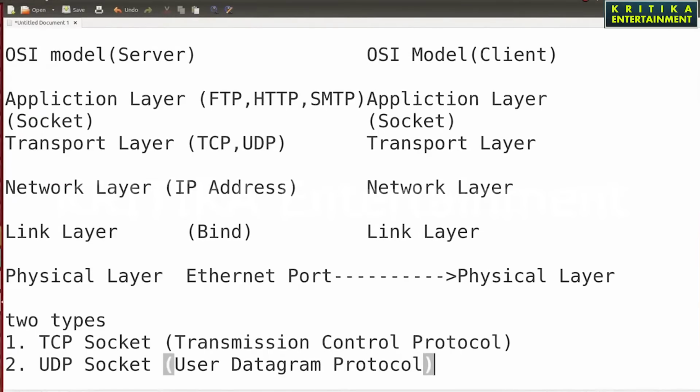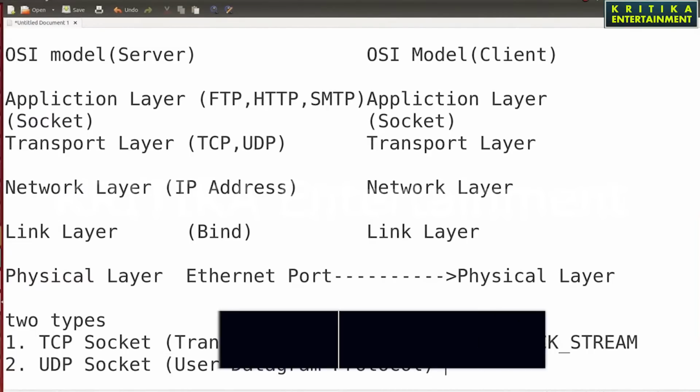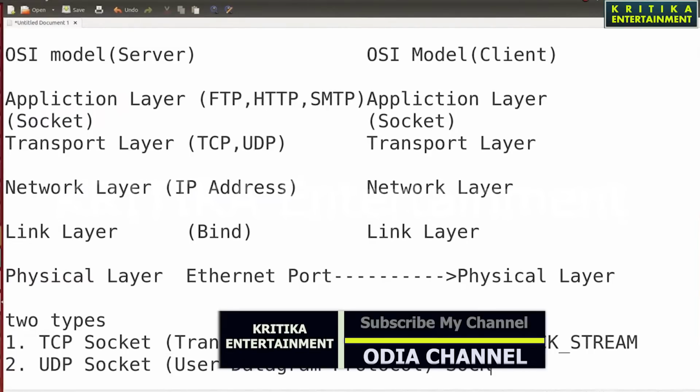For TCP we use the SOCK_STREAM type, and for UDP we use SOCK_DGRAM. Generally, these two types of socket are used in the internet.